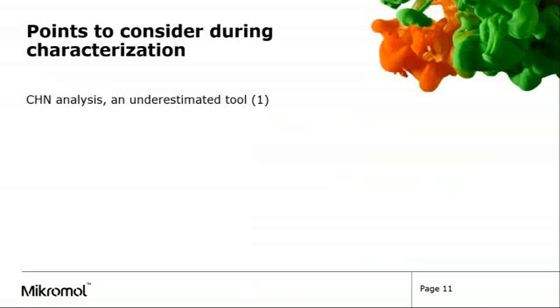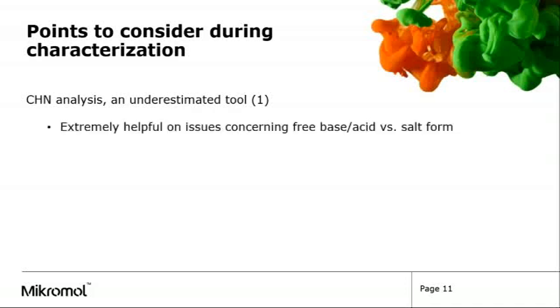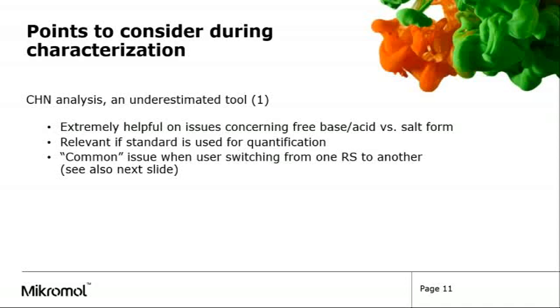Now let's go a little deeper into some examples of other points to consider during characterization. I had mentioned that often carbon, hydrogen, nitrogen analysis, which is a sometimes underestimated tool, can be quite useful, especially when we have the potential for free forms, acid-base, versus a salt of those forms. This is especially important if the reference standard is going to be used for quantitative purposes, and it can be an issue when switching from one supply of reference standard to another, and we'll show an